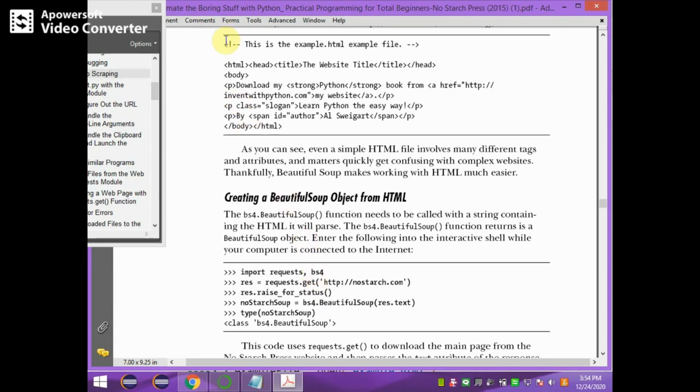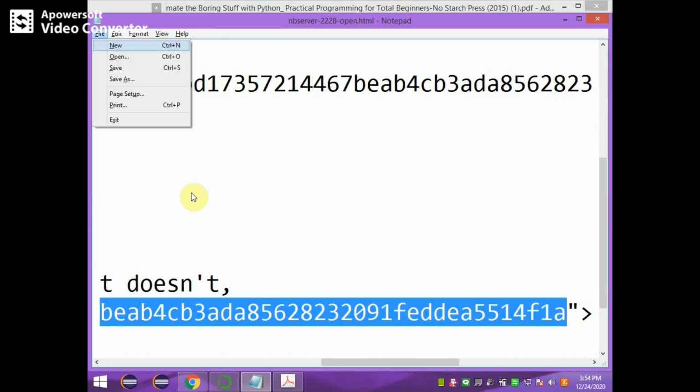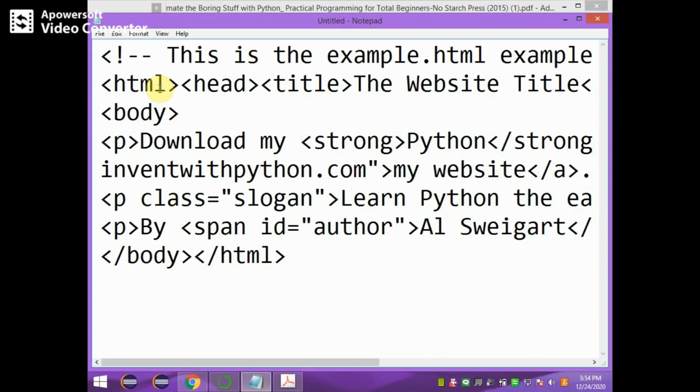For example, this is an HTML file. We copy this HTML, store it in Notepad and save it as example.html.